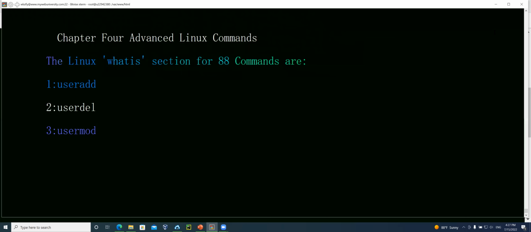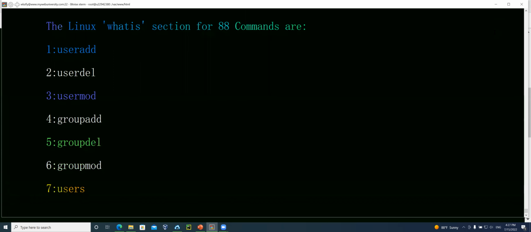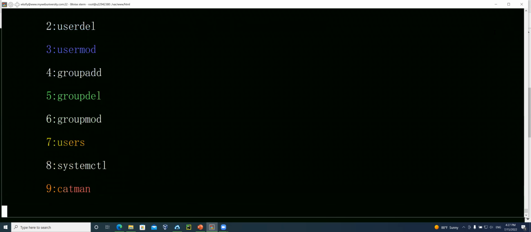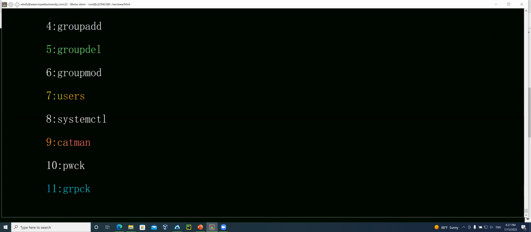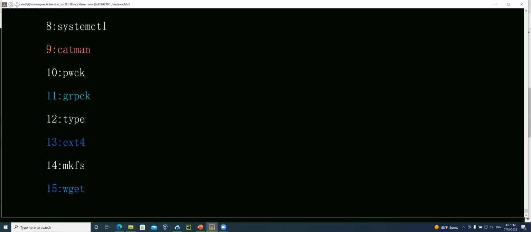It's starting from my book, and then chapter 4, Advanced Linux Commands. And it goes through all the list of the 88 commands. As you can see, useradd, userdel, usermod, usergroup, systemctl, catman,